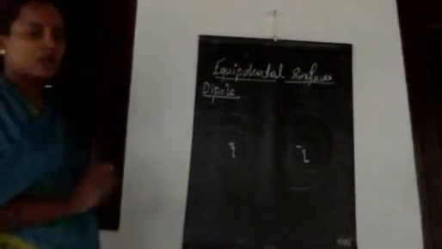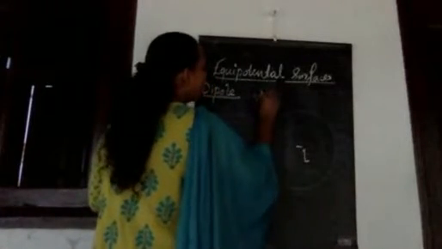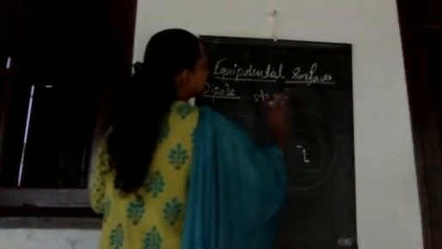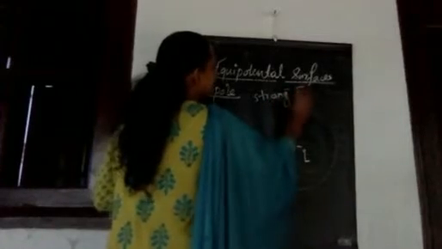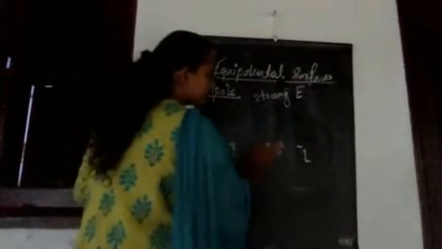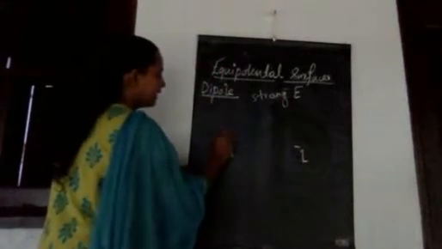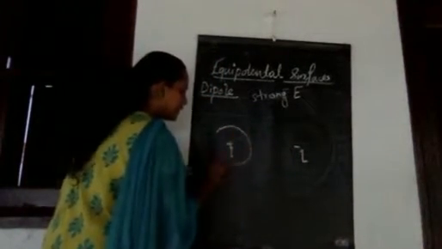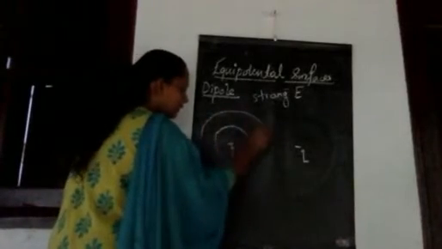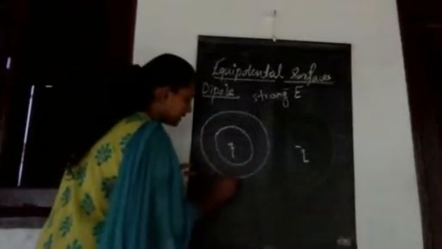Therefore, in between them, there is a force of attraction. Force of attraction existing in between these two charges means there is a strong electric field. The electric field is strong in between these two charges. So whenever you are drawing the concentric spheres, how can you draw it in between these two regions? That is the equipotential surface of a plus Q charge, you can draw the concentric spheres like this. Am I right?